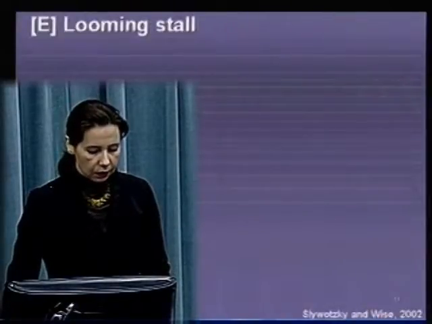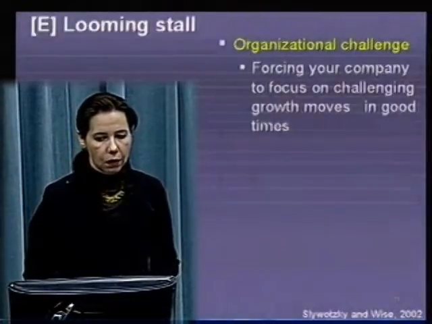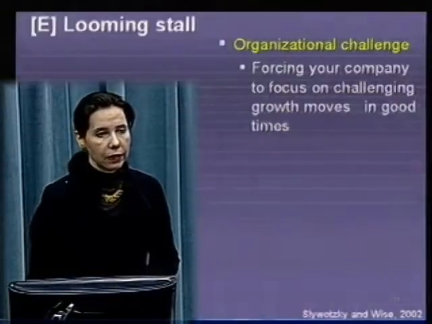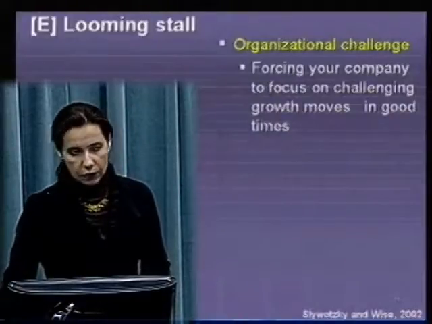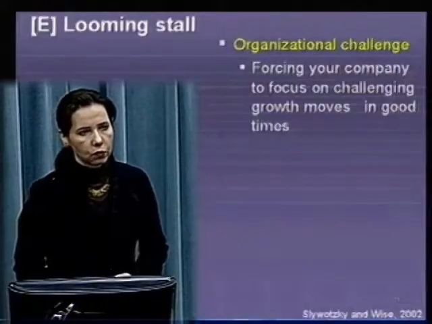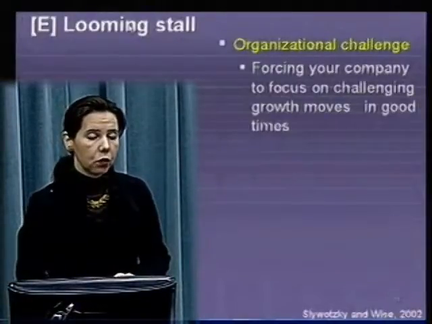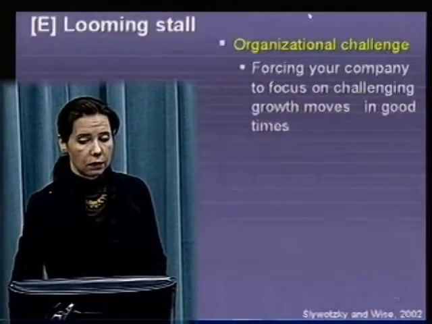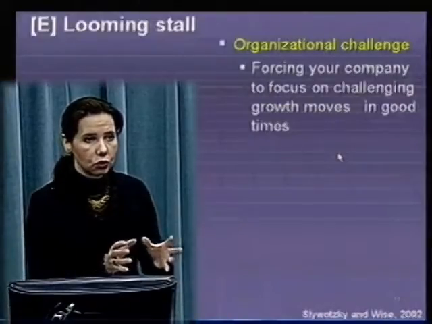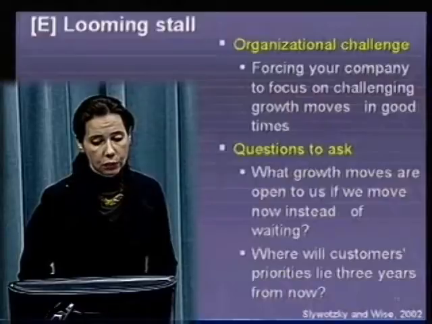Okay, and the last is E, and we said that in this situation, you are planning growth, but you are in danger of not growing at the right pace, in the right directions. And here, the organizational challenge is forcing your company to focus on challenging growth moves in good times. So in this case, you just choose how it's better to grow. And you remember that we found this E option in our formula of the pace of growth for the next 5 years. So if the pace of growth we see as real is less than 5%, it's exactly what you must do. You must find your niche. You must find the right timing for doing this. And the questions which help you are: what growth moves are open to us if we move now instead